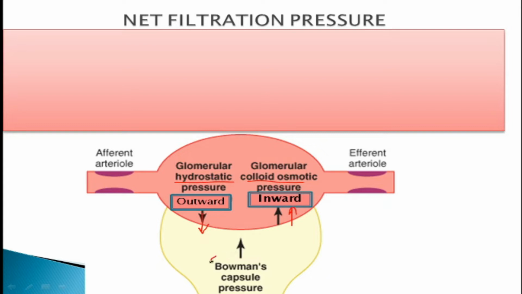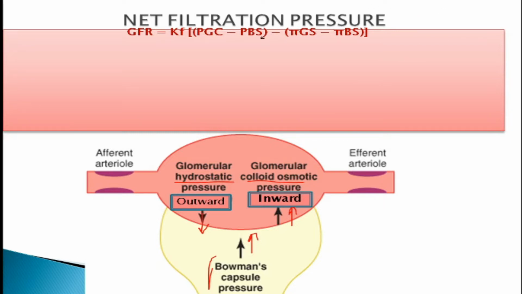The presence of fluid in the Bowman's capsule will create a Bowman's capsule hydrostatic pressure, and the fluid pressure in the Bowman's capsule will prevent the filtration of fluid. So it will retard filtration. And we can see here that therefore GFR is equal to Kf, which is a constant. I will be talking about it soon. Kf multiplied by net filtration pressure,